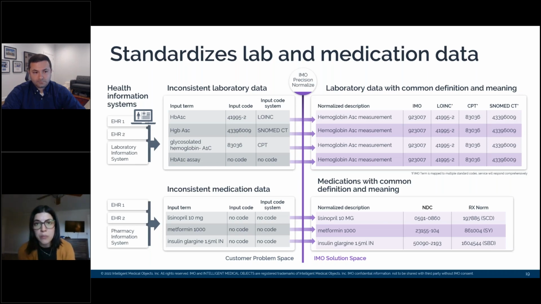We are able to recognize whether it's free text, whether it was captured within an EHR, IMO or not. Due to our large corpus of terminology, we have over 1.8 million diagnoses and even more procedures. We are able to recognize those terms and enrich it with the accurate codes. So all of your content, whether it is a problem, a procedure, a lab, or a medication, will all be comprehensively and accurately mapped to the richness that is IMO's content. You'll see on the bottom of the slide is another example for medications where currently this customer did not have any RxNorm codes present, and IMO Precision Normalize was able to enrich that.